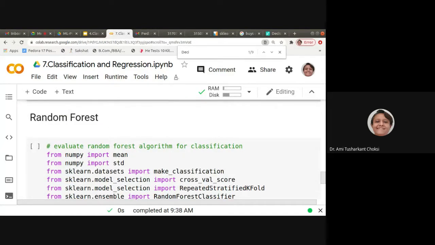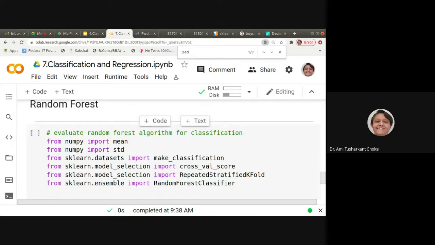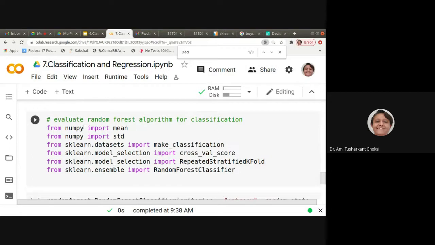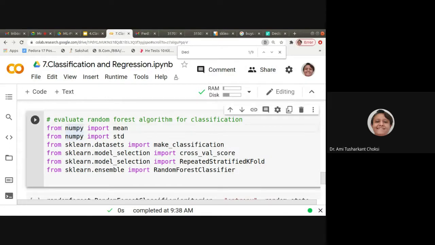The next algorithm we want to know is random forest, where we have many decision trees available, and from that we select and work with it. So how to do it? We import the libraries: from NumPy import mean, from NumPy import std.